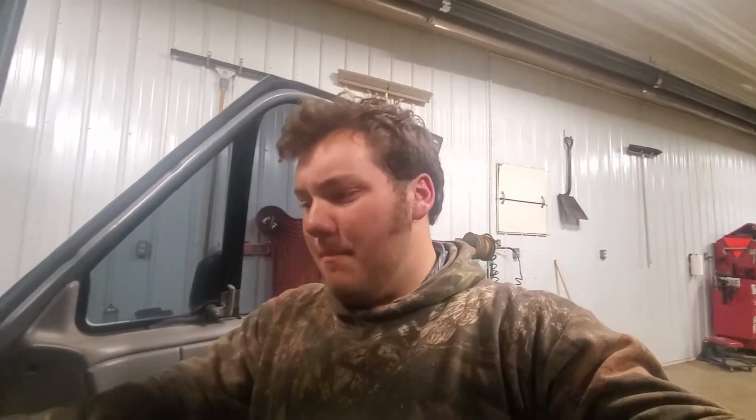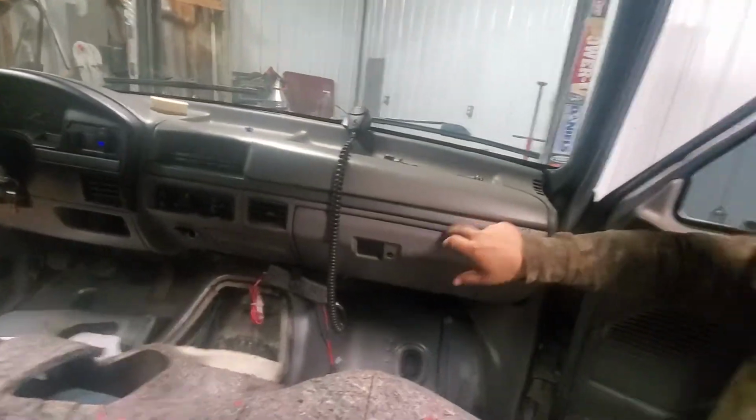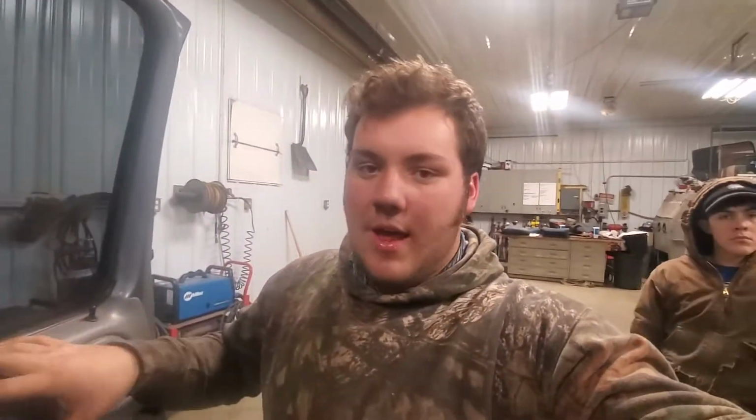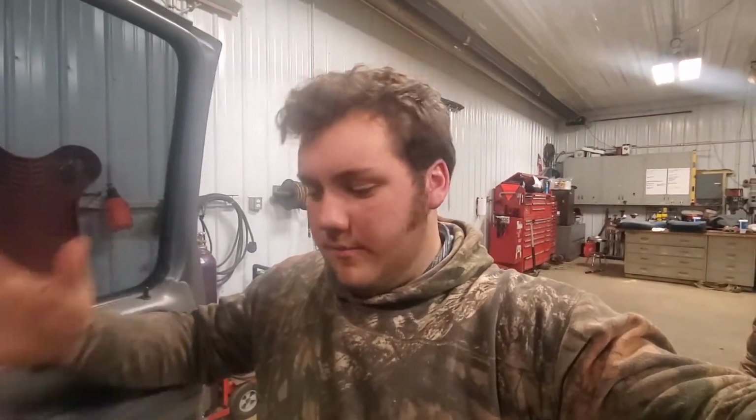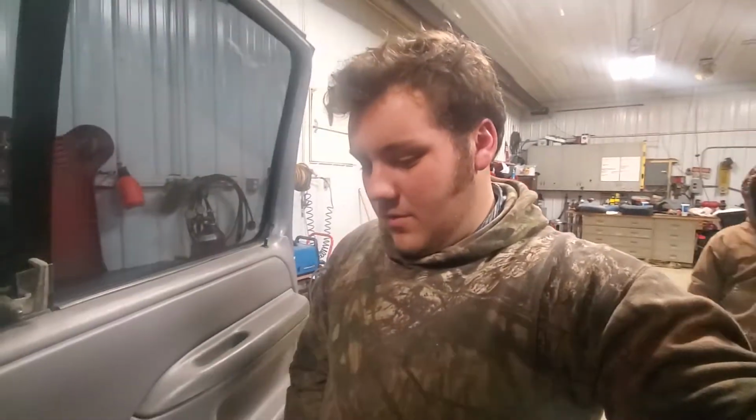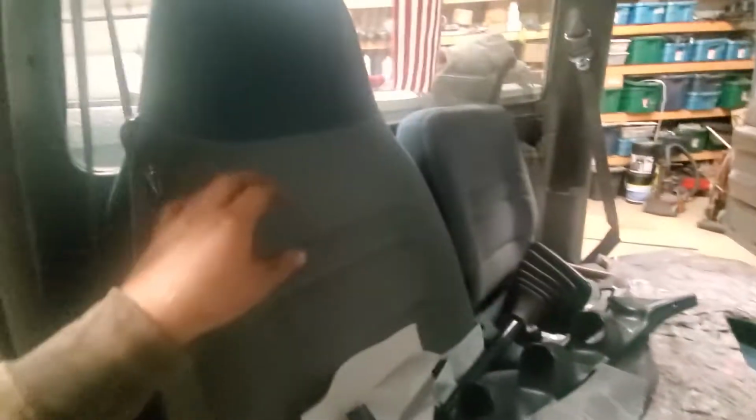So I might paint this trim here that blue, but I want to do like a black and tan interior. I think those look really sweet. Whatever. So eventually I'm going to